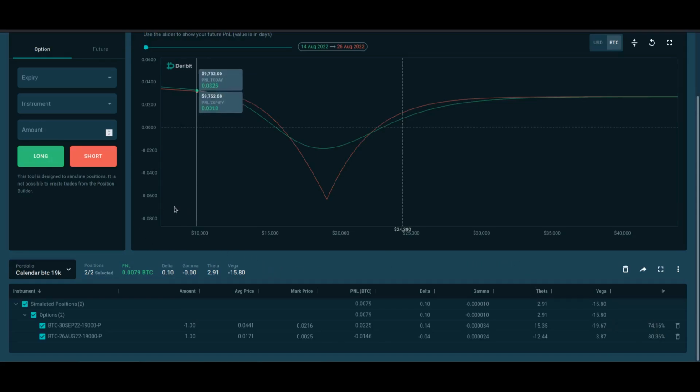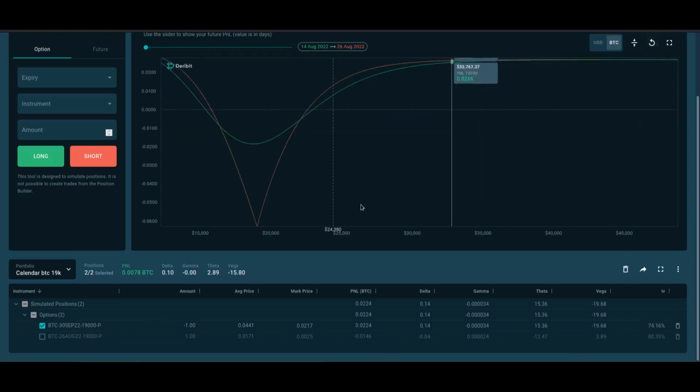You sell something at a higher price and buy it back at a lower price. But in case we only sell an uncovered put or uncovered call, we will get